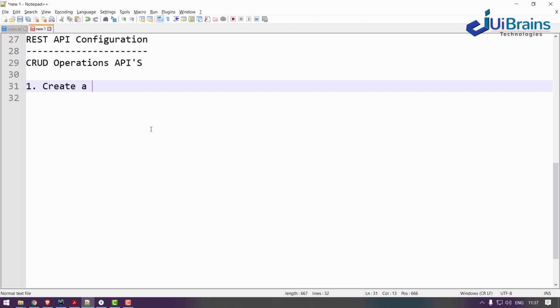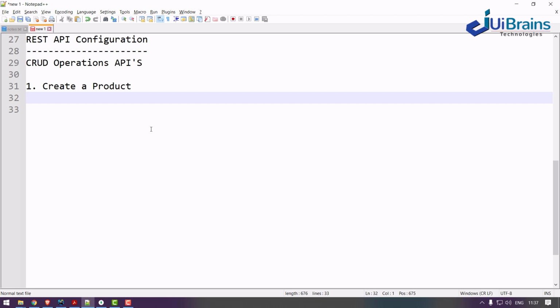Create a product. So I want to create a product. For creation of products, what is the URL and all? Let's take the URL. I'll take http://127.0.0.1:5000. I usually give 5000 as a port number for Express.js, slash API slash v1 slash products. Okay, API, the version 1, and products. So this is the URL for me.